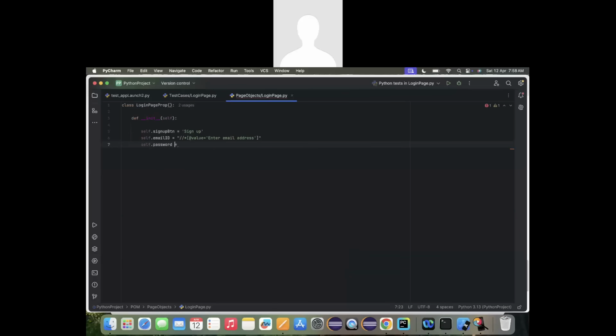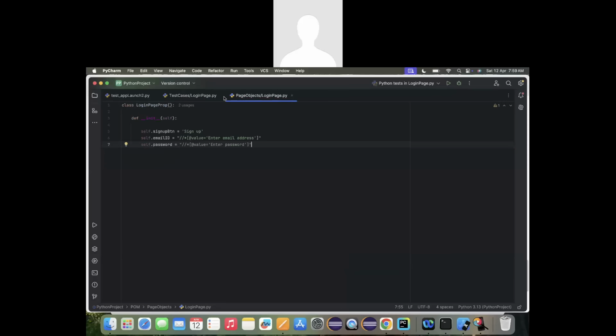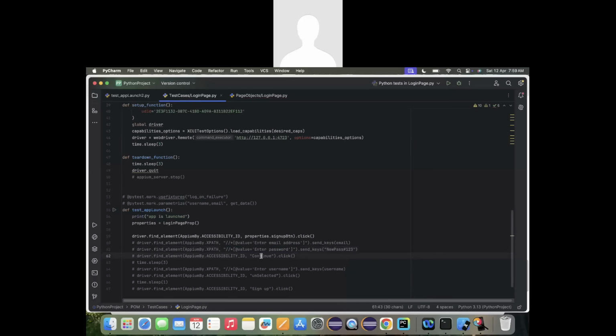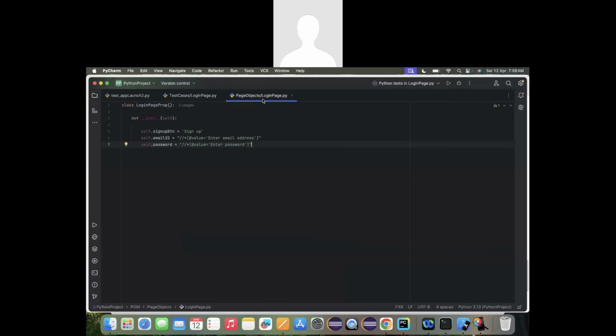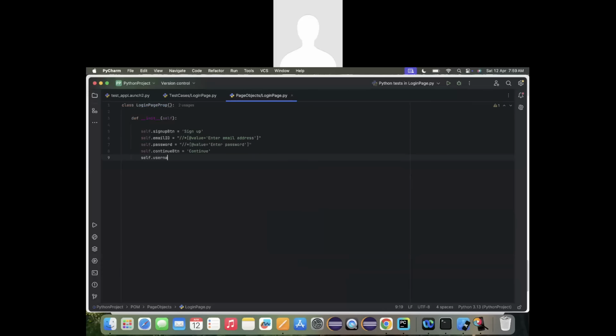Self dot password, and that password has some attributes. So that password has some XPath. Copy the XPath for that password, update it here. After that, it has a continue button. So here, self dot continue button is equal to, I have defined my continue button too. And on top of it, you have a username text field. So here, copy this particular XPath and I am naming it as self dot username text field is equal to,